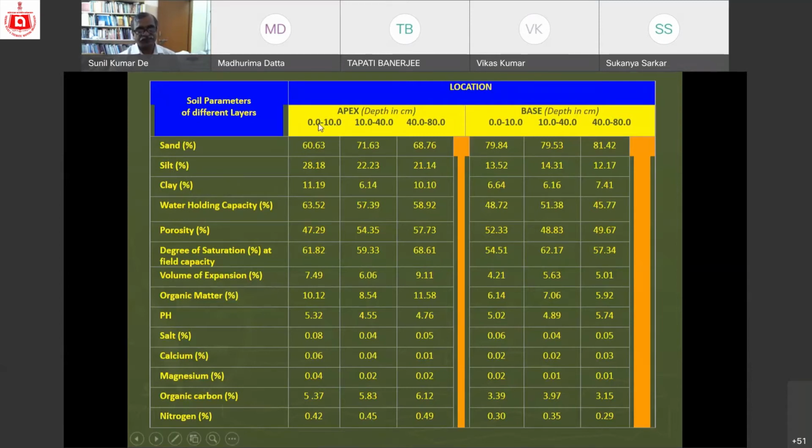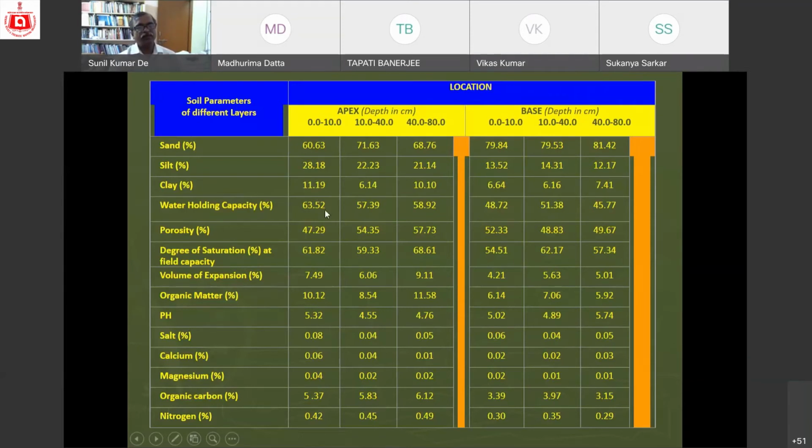This is the apex part. We need to take samples at different depths. This is in centimeter. So up to about 1 meter, 80 centimeters means 0.8 meter from the surface layer, we have gone down, and most of them are sandy layers. So it is a very porous layer. So water can percolate downside. So when it is occurring in many places, not all of course, then the lower layer is formed with very little clay. So clay is formed on the downside. So naturally water holding capacity downside will be very low.